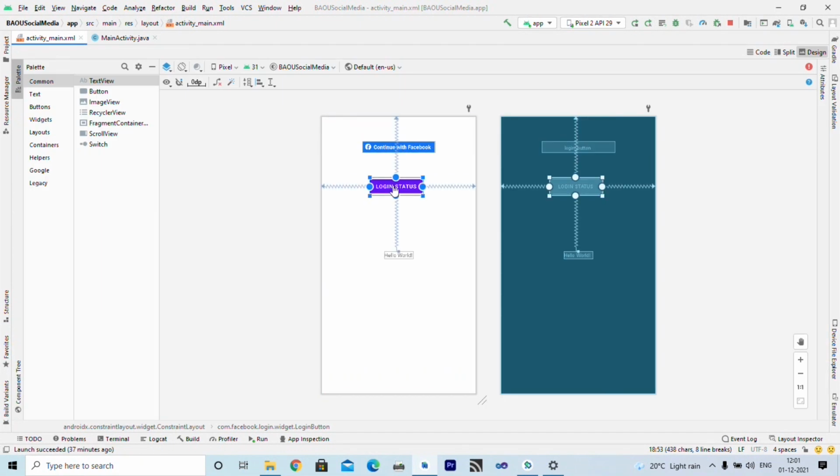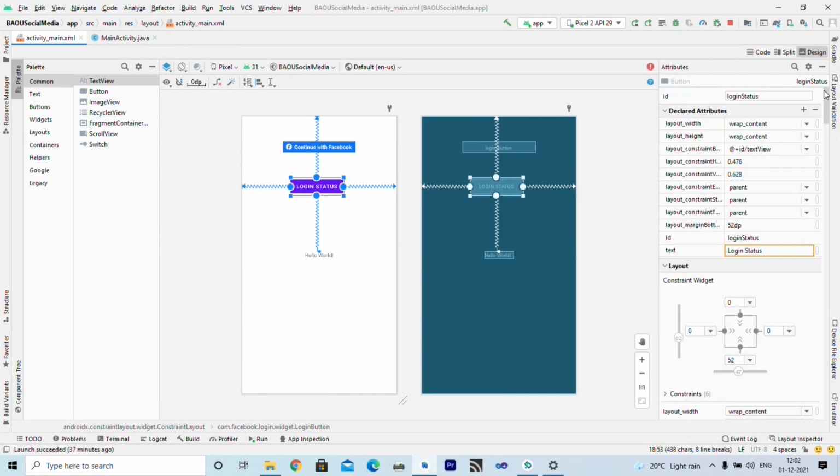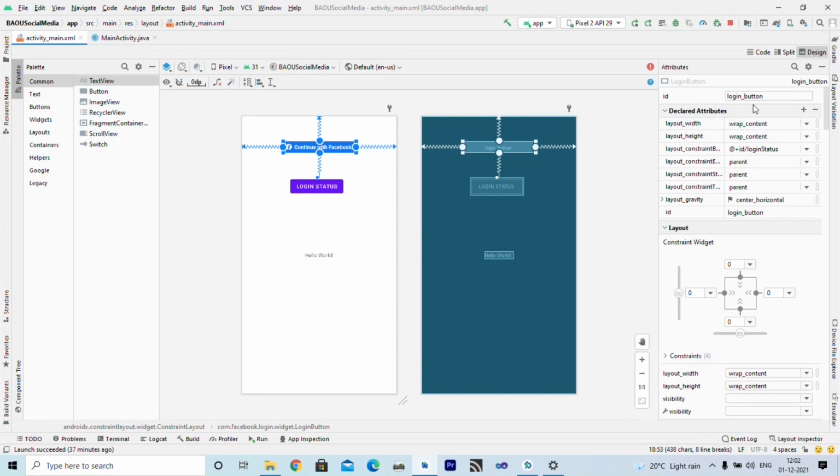Now this is a custom button, that means a button which is added by me to know the login status. Now this is optional. By clicking on this button you can log in to your Facebook account from within this app only. So for that we require this button. This is another button. Now remember, the name of this button is login status and the name of this button is login underscore button, that you can see from the attribute window. Let us go to the coding part.